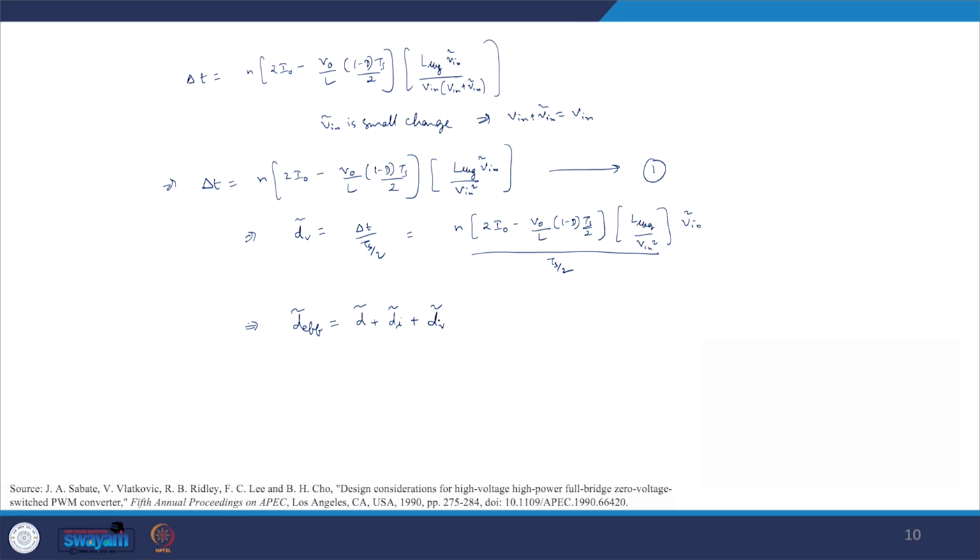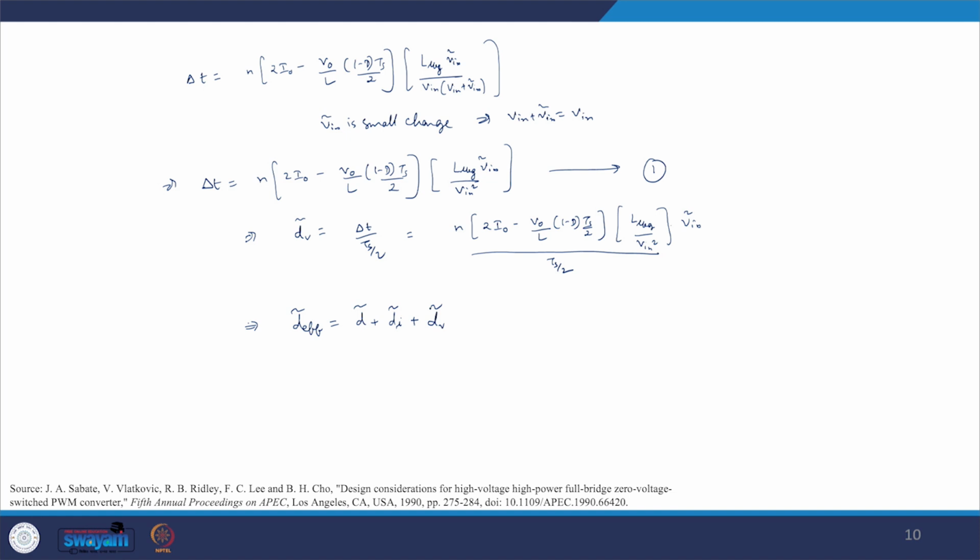and thus the overall change in the D effective will be equal to the actual change in the duty ratio which we have introduced, and because of that introduction there is a change in the inductor current which has also changed the D loss and which actually inherently changes the D effective. Similarly, whenever there is a change in the input voltage, there will be a change in the D loss, and because of the change in the D loss there is a change in the D effective which is captured in this dV term, and that's when we can say our overall D effective will be the summation of these three quantities. So by using this information we will try to derive our small signal model of the PSFB.